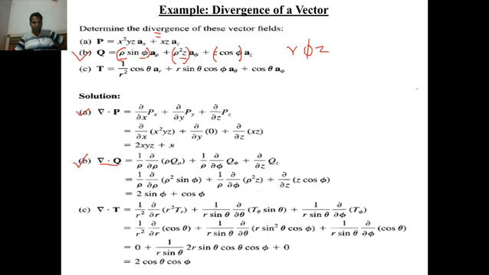So you straight away write down this r component here, Q_r, this Q_phi you write down here, and Q_z you write down here. Now you take the derivative of this particular term with respect to r, the derivative of this, whatever it may be, with respect to phi, and the derivative of this with respect to z, then you will get this particular answer. I again request you to solve this particular problem on paper, otherwise you will not understand.